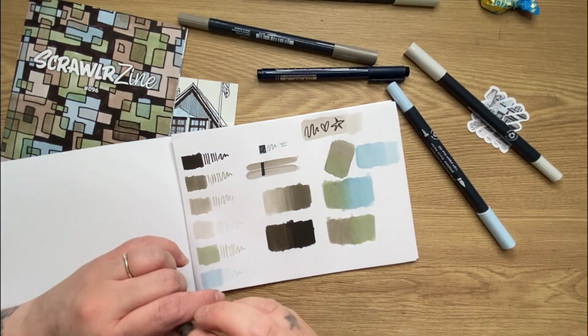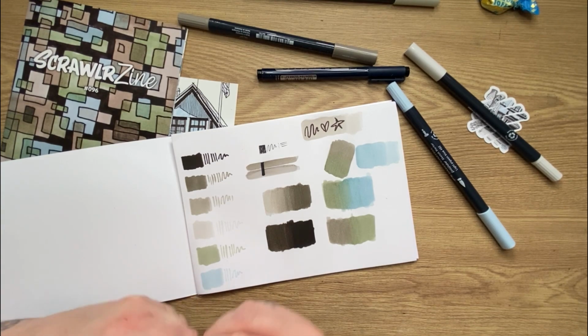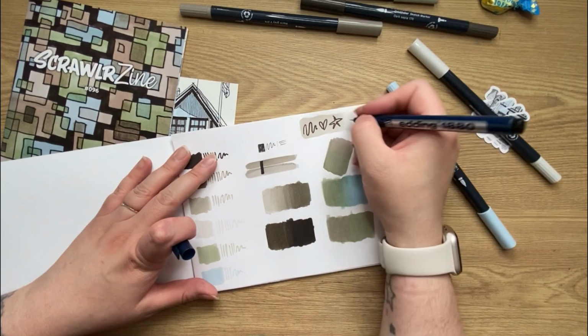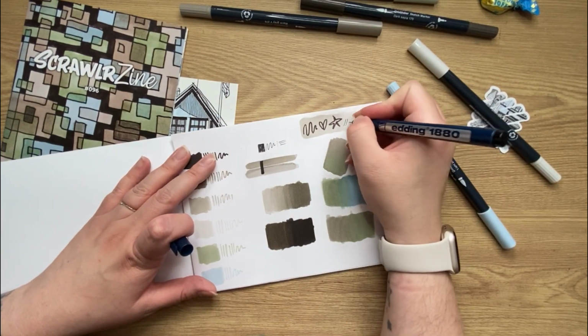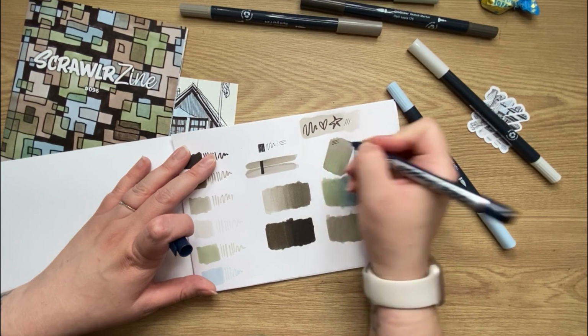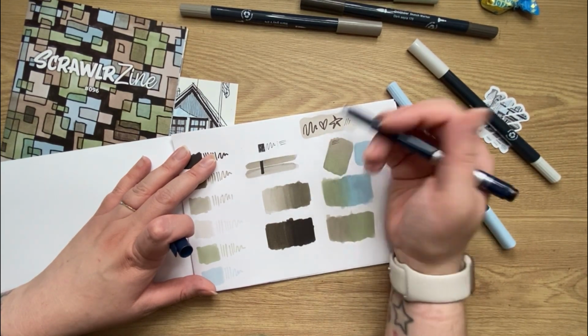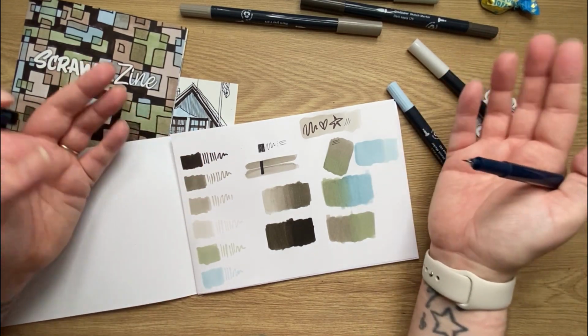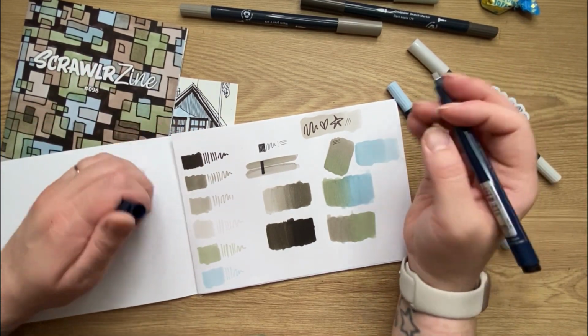That's probably the worst time I've ever drawn. Yeah, and then let's just have a go at this on top. So how does this look on top? Works just fine. No difference between using it on the plain paper and using it on the bits with marker on. So yeah,